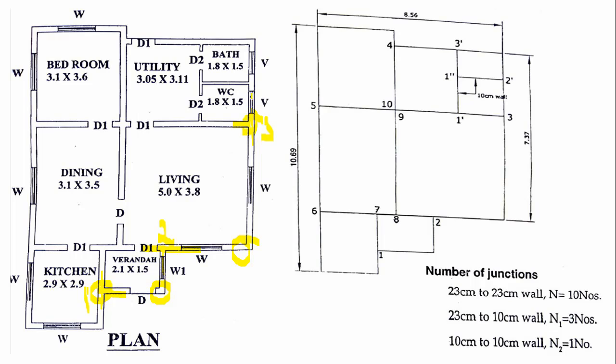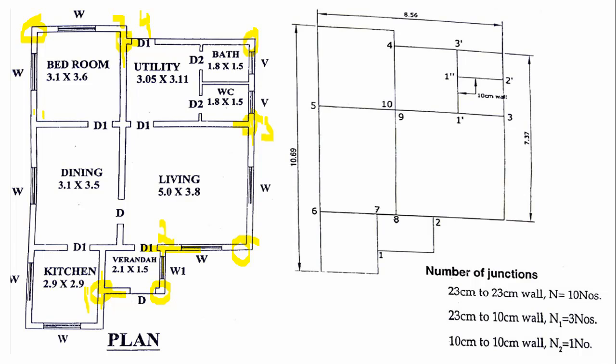Then next here we will also have a junction, but this is 230 mm and this is 100 mm, so that we will calculate separately. This is the corner, we don't have any junction. Here also, this is 230 and this is 100 mm, here we will get a junction, but that will be calculated separately afterwards. Then next, this is main, this is cross wall, so here we get the junction, that is junction number 4. Then next these are corners, we will not have any junction.